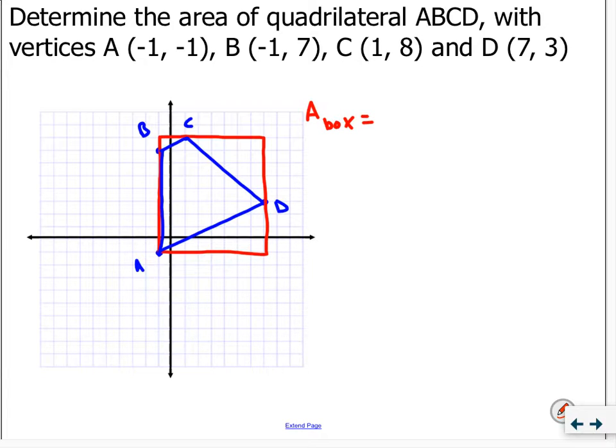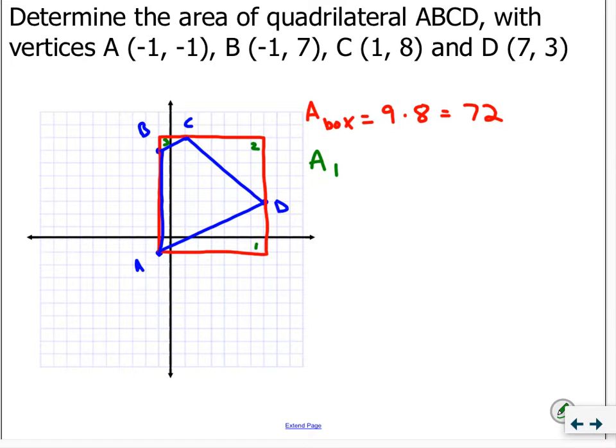It looks like it's a total of 9 by 8, is that? 9 by 8? So the area of the box is 72. I got 3 regions here. Do you always have 3? No, not always. You have as many as you need. So put